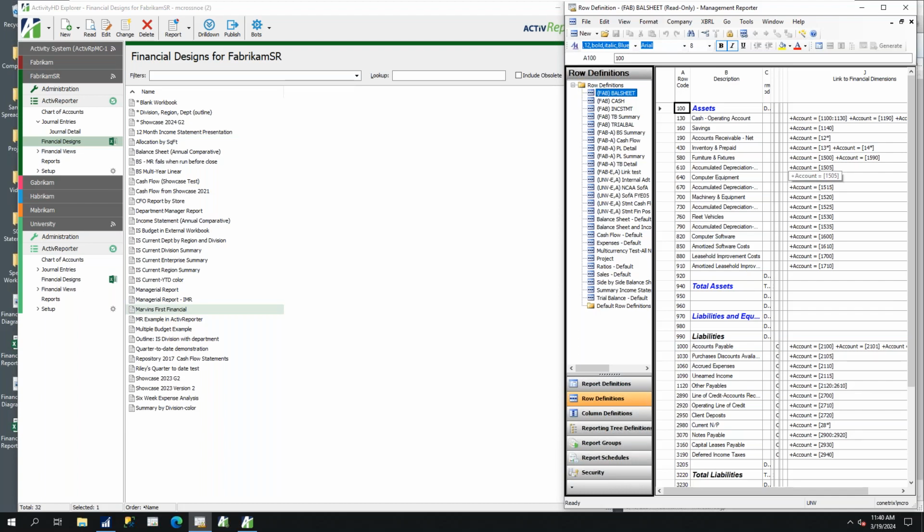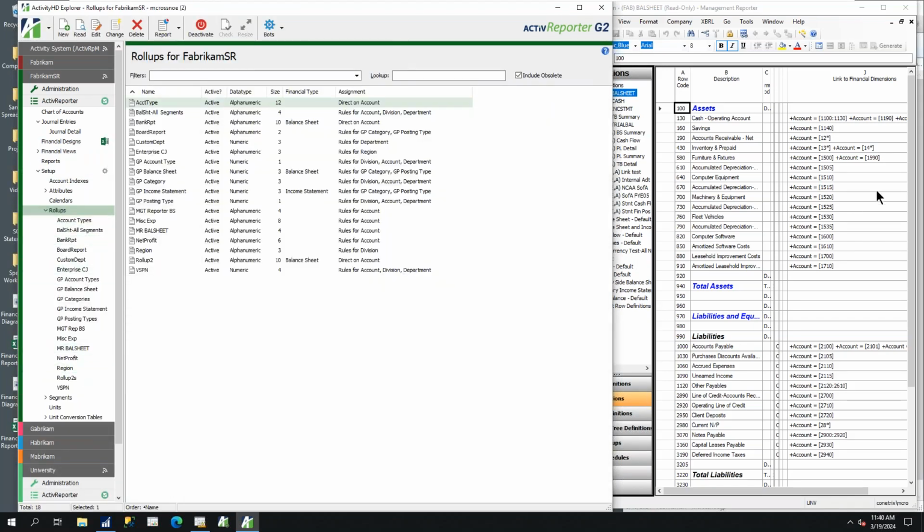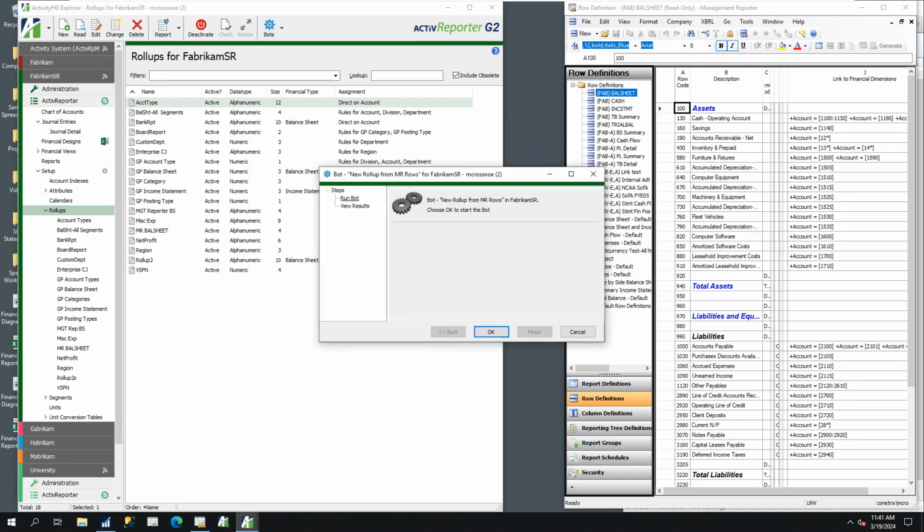Now in ActivReporter, we have a similar concept. In ActivReporter, we have a concept of roll-ups. So roll-ups in ActivReporter are very similar, almost identical to row definitions in Management Reporter. So what we have is a program that we can instantiate, and we can move these Management Reporter row definitions out of Management Reporter into ActivReporter by calling on this program, new rollup from Management Reporter